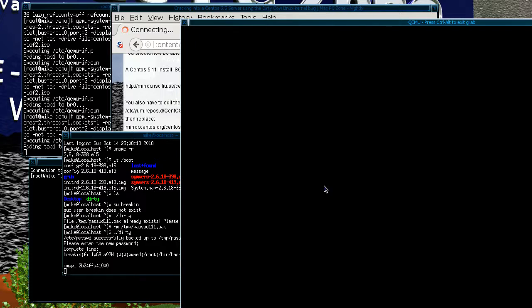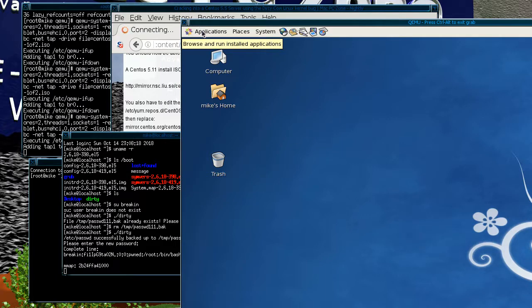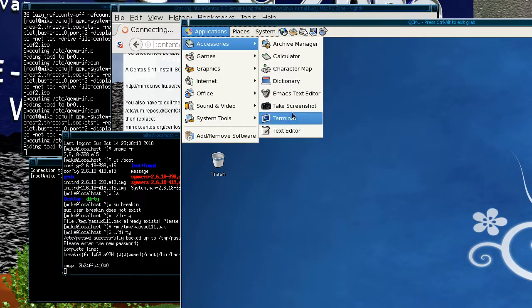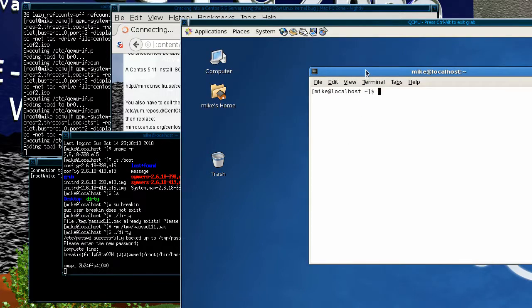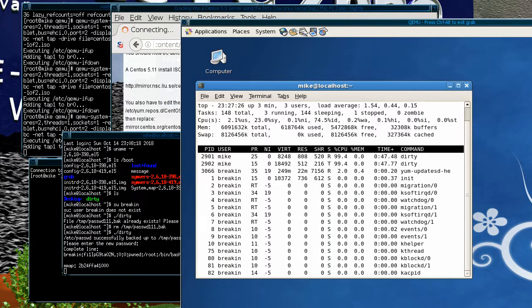Yes, so you notice that the login's a bit slow because if I run top, you can see that there's two processes. And so that's one thing about this